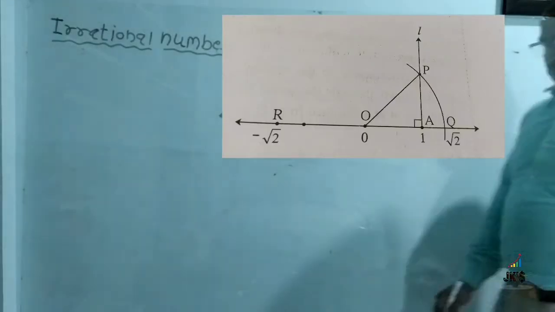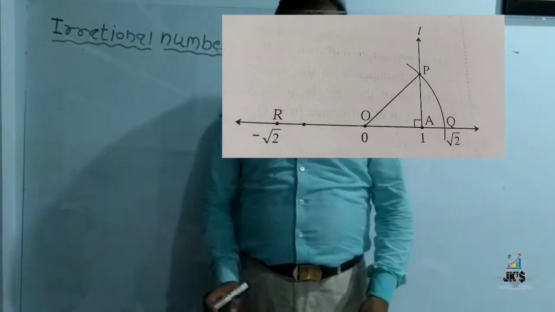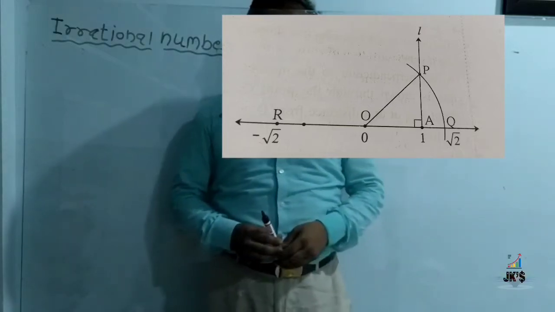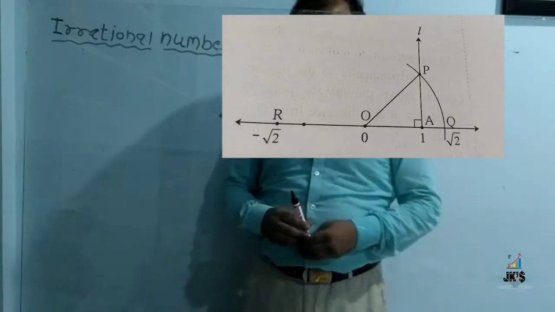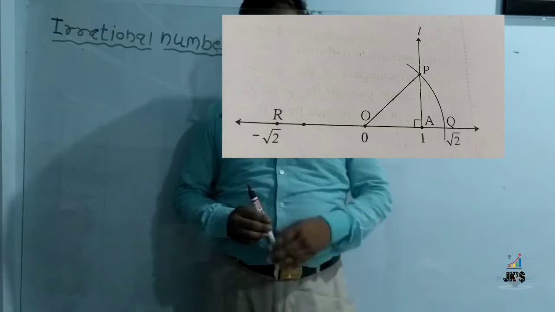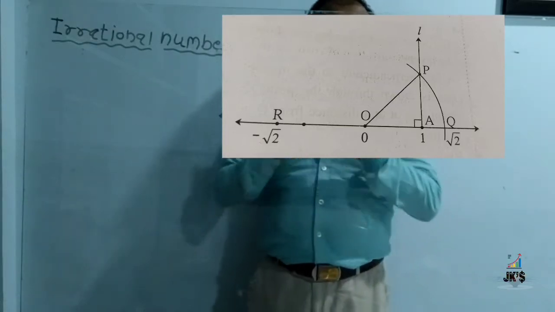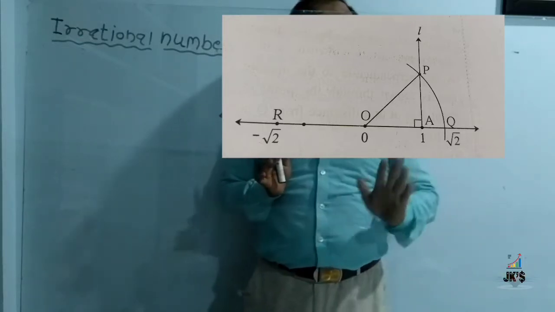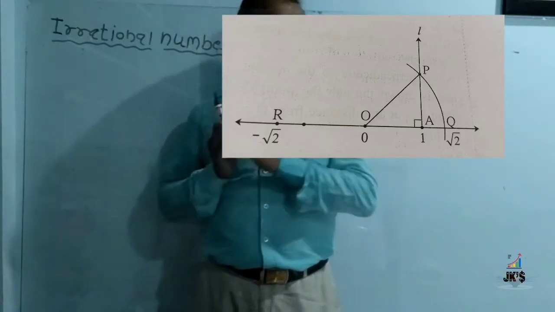We have studied the rational numbers on number lines. But on the number lines, in addition to rational numbers, there are many more numbers. They are not rational numbers; that is, they are irrational numbers. The numbers which lie on the number line other than the rational numbers are irrational numbers. So which numbers are irrational numbers, and how do we show them?